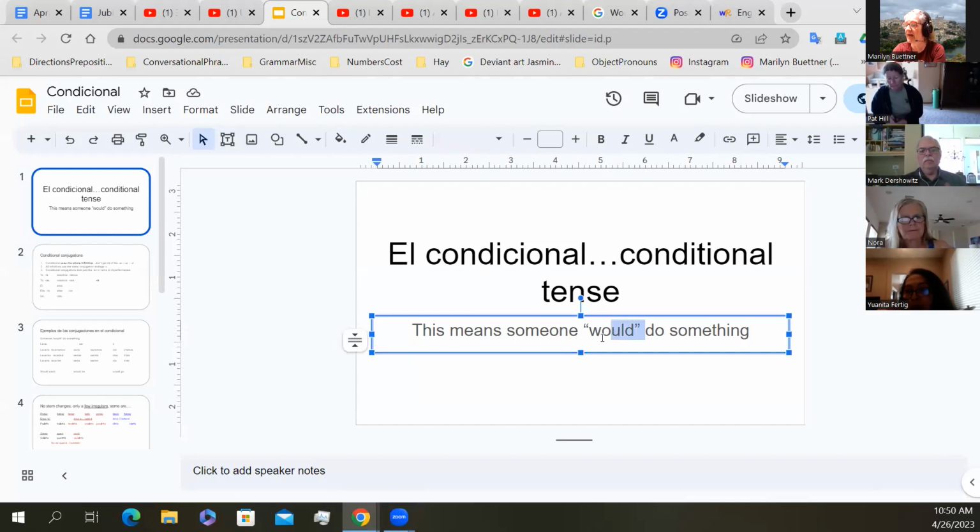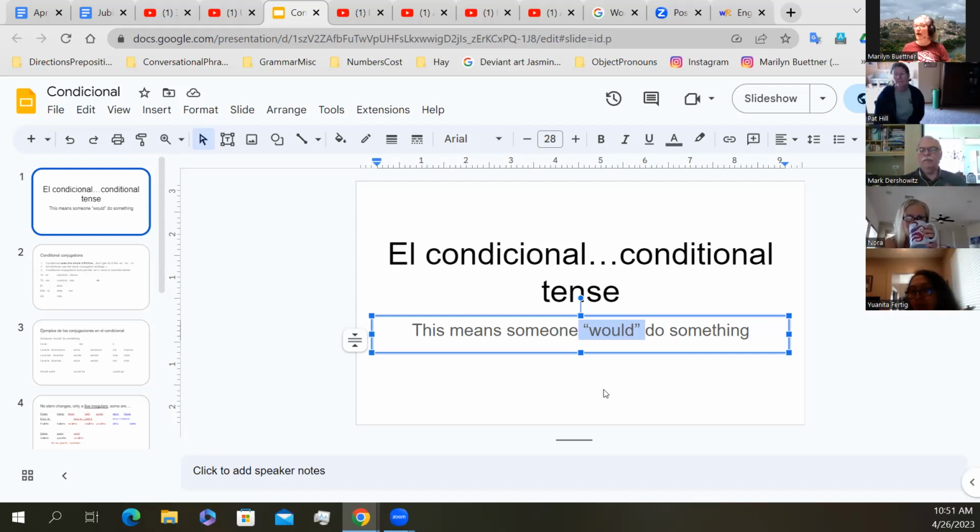But be careful, cuidado. The one caveat warning I would give you on this is not the English would of "Grandpa would always keep a candy in his pocket for me." That would is imperfecto, right? When would in English means a habitual action in the past, habitual, it actually happened a lot, then it's not this. This is the would of,